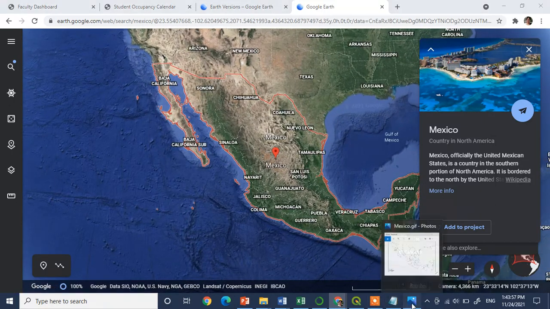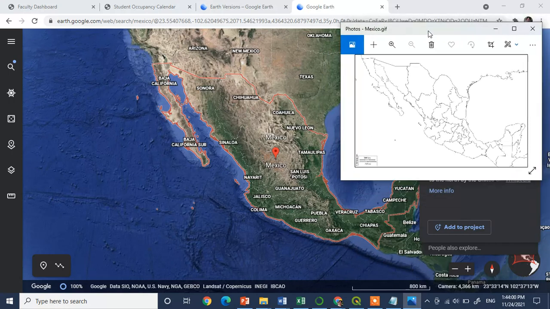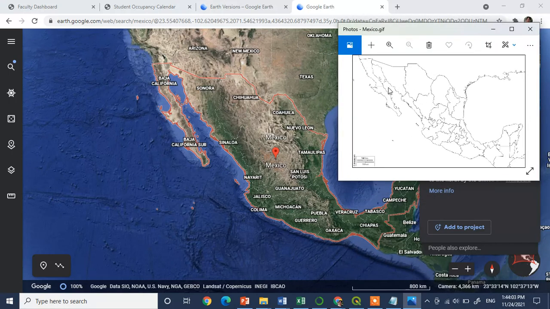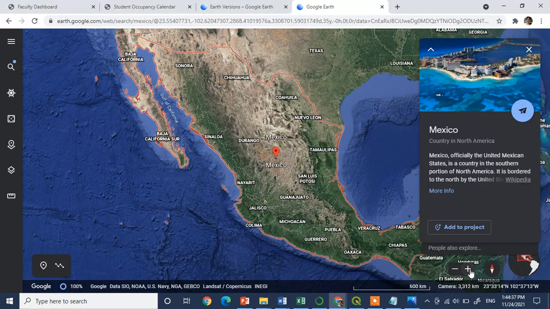Now if you open your image file here, you will be able to see that this area and this area, we have this area boundary of Mexico in our image file. So we are going to take two GCP points, ground control points, here. One is this point and another one you can take this point. It is shown here on the image, right? This point and this point. They are approximately accurate points, and you can even zoom in to get the exact points.